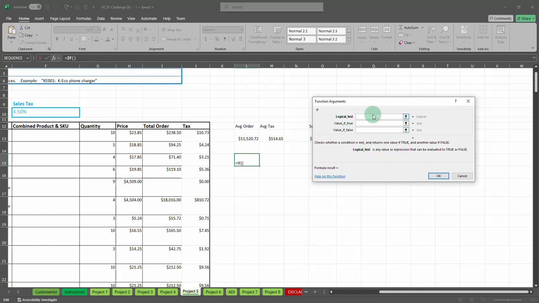A logical test is to see if something is greater than, less than or equal to, greater than or equal to something. You can use other logical functions like AND, OR, and NOT,